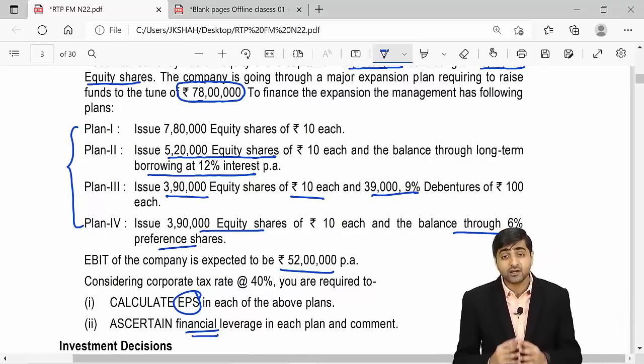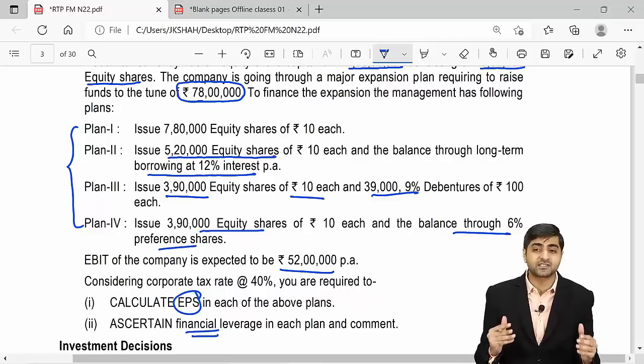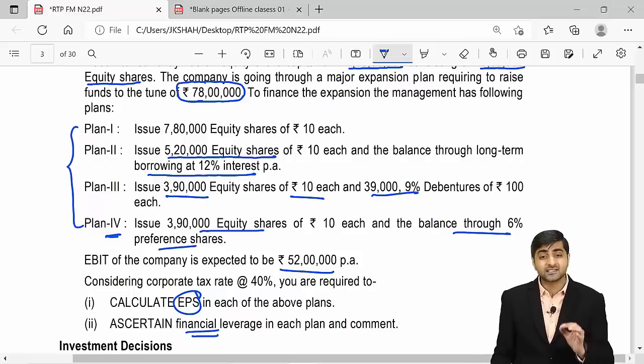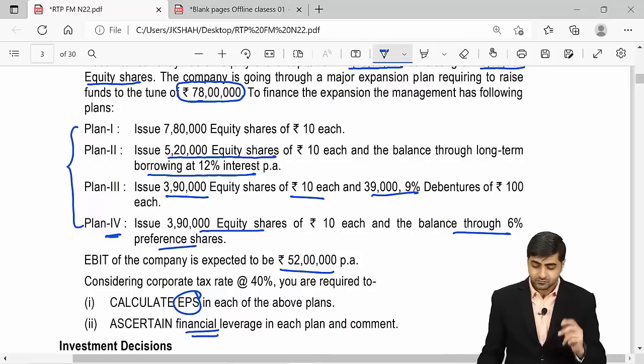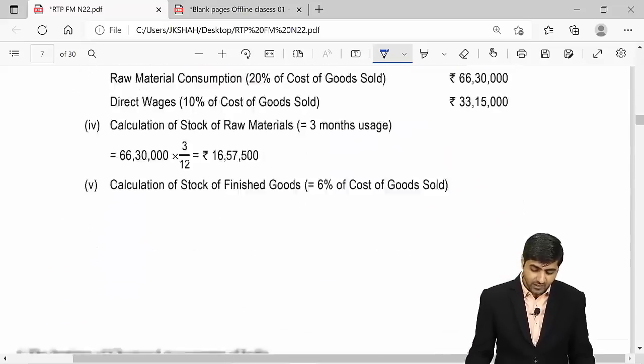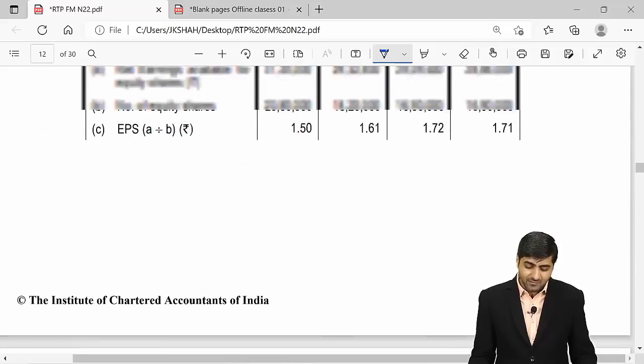And then we will be getting your net profits available for equity shareholders after you subtract your preference dividend. So don't forget, in this question, in plan 4, there is some preference dividend also. So if you now refer to your solution for this particular question, you will come to know that we have the income statement available,